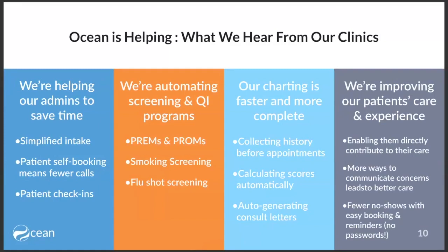But today, I've pulled out 4 of the things that we hear really commonly and that we think are really game changers and also quite different from some of the other digital health tools on the market. So to start with, again and again, we hear clinics tell us that Ocean is helping to save our admin staff time,